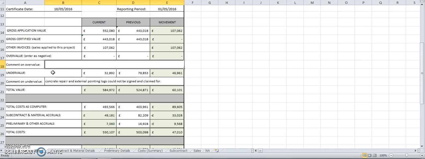Next, we have the undervalue. Now, this is again quite crucial. A high or quite large undervalue is not desirable for any project. The undervalue is essentially whereby you could and should claim for this money, but you cannot. So, for example, if you've done a rewire in a property and a rewire costs, I don't know, £3,500 for a large property,